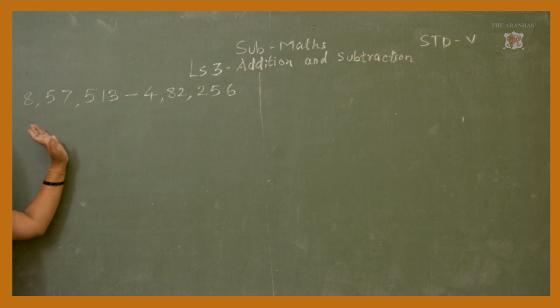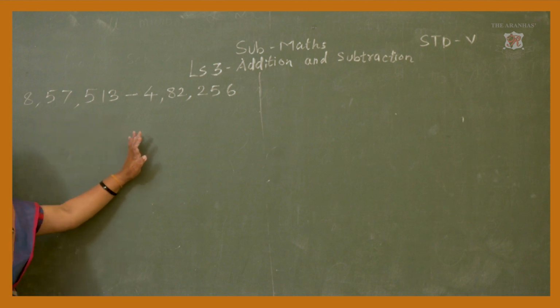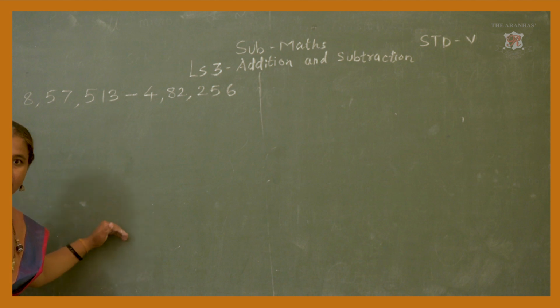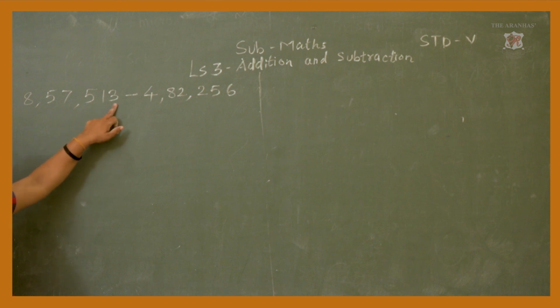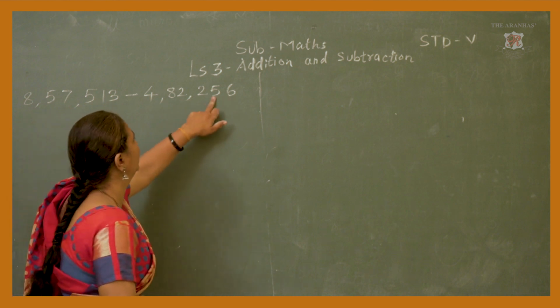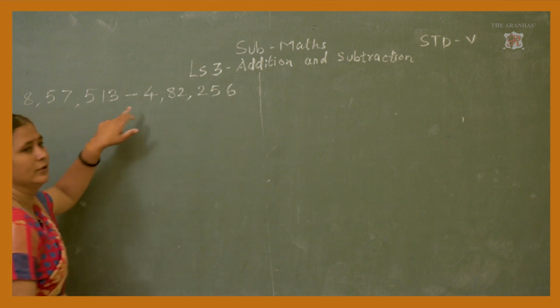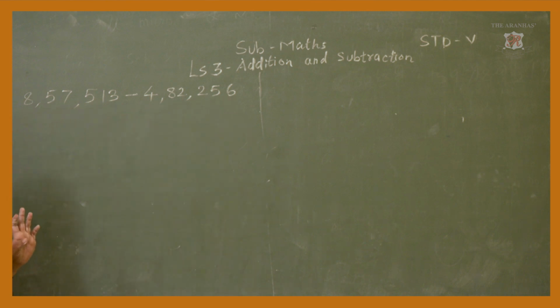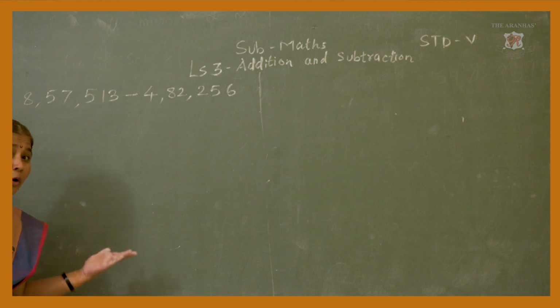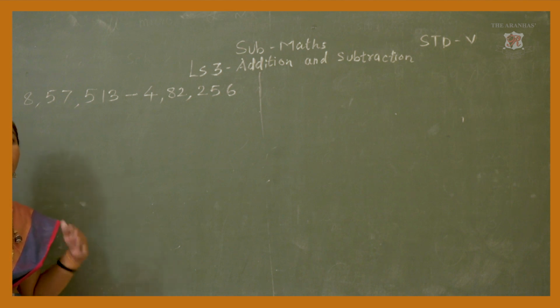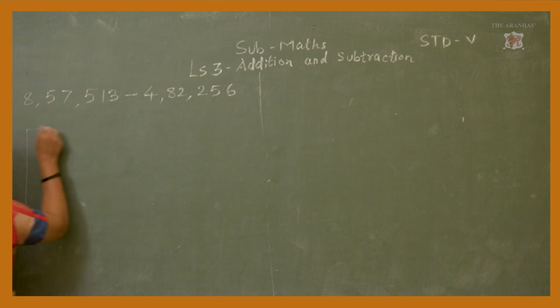What I told, if the sum is given in the horizontal way, you have to place it in vertical manner and then solve the sum. First see how many digits are there in both numbers. 1, 2, 3, 4, 5, 6. Again here 1, 2, 3, 4, 5, 6. If you draw the boxes, it is very easy for you to solve the sum. So, first do the boxes, 6 boxes, 6 columns we need.